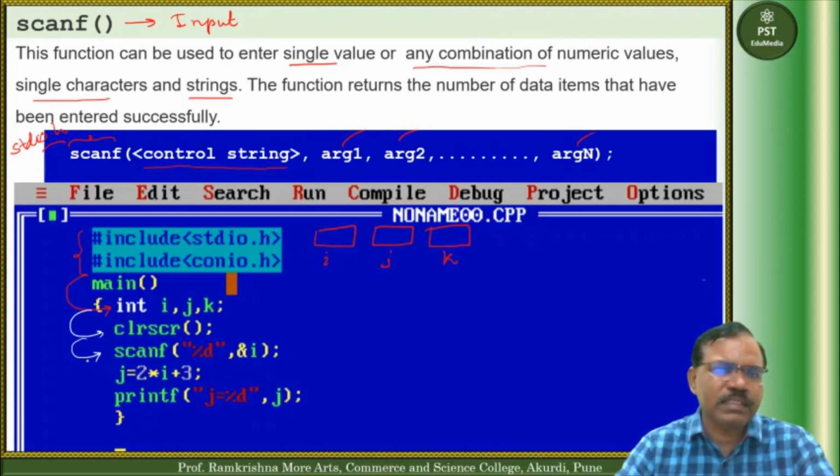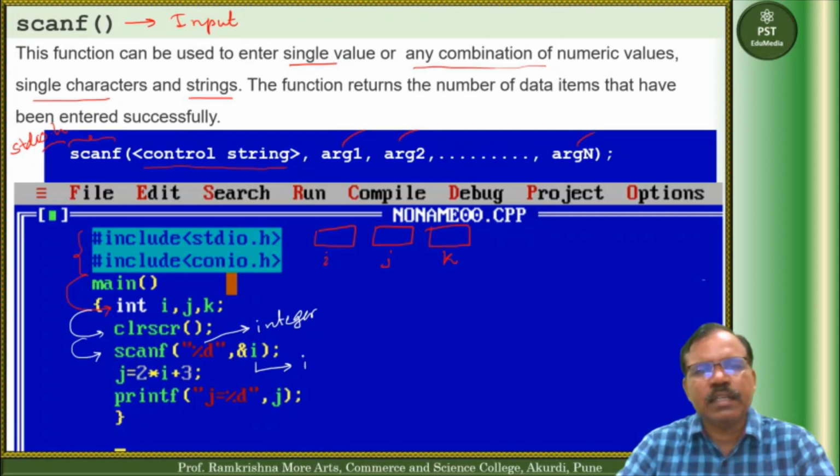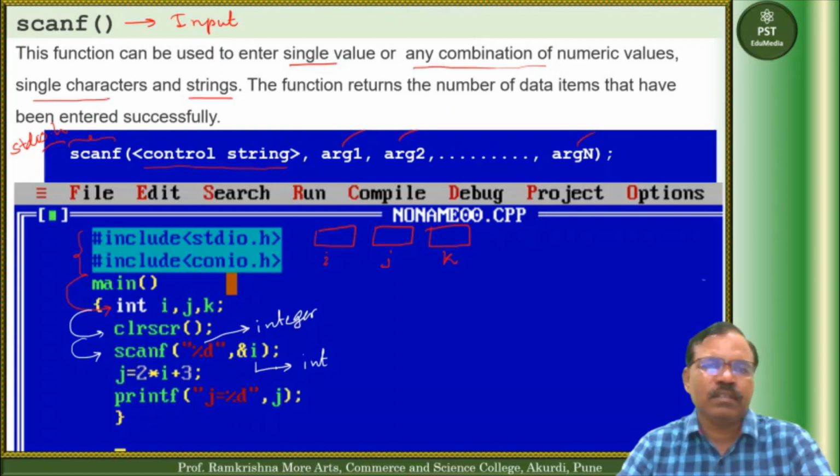It means scanf is asking for the value of I, an integer value, because here the specifier is %d. This is used for integer, and we know I is of integer data type.